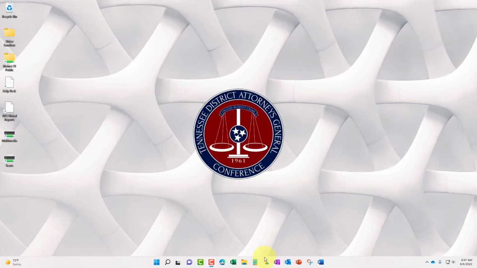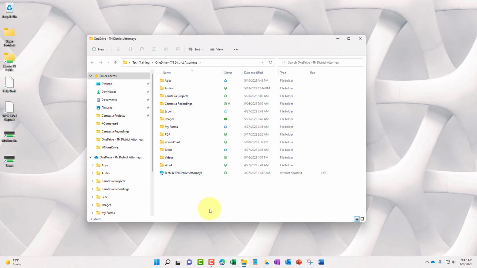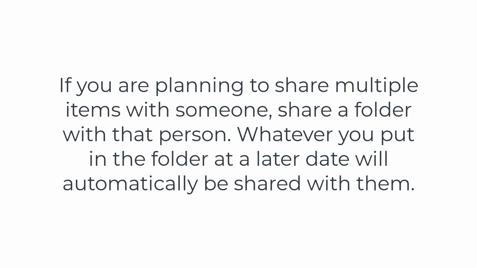So we'll go directly inside our OneDrive folder, click the icon in the taskbar, and let's say in this scenario we have a brand new case. We're going to need to collaborate and allow collaboration on the case with several parties involved. And if you know for a fact that probably in the future you're going to need to share additional files with someone, etc., instead of simply naming the folder a case and sharing that folder with them, just simply go